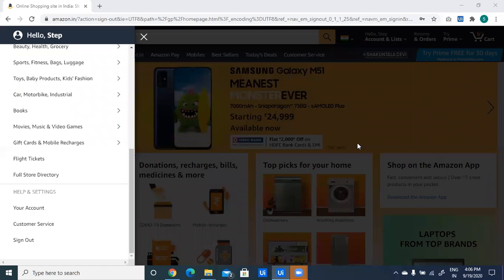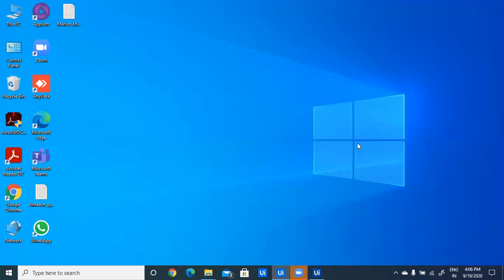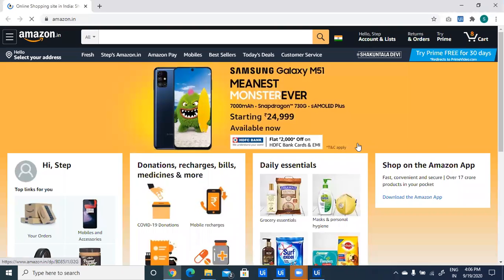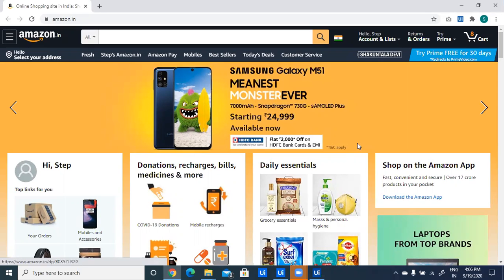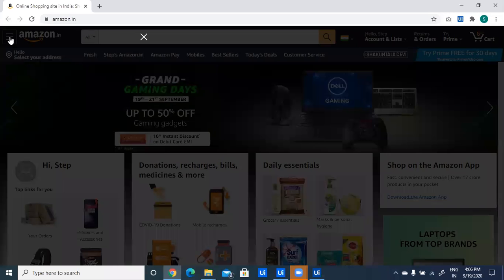Now it will kill the process which is already opened in Google Chrome. Now we will open the Google Chrome browser. Amazon URL is entered. Now it will click on the toggle button. If it is already signed in, then also it will click on sign out because that selector is dynamic.